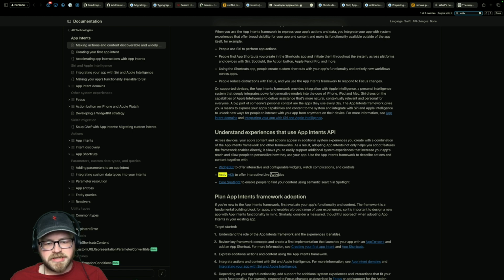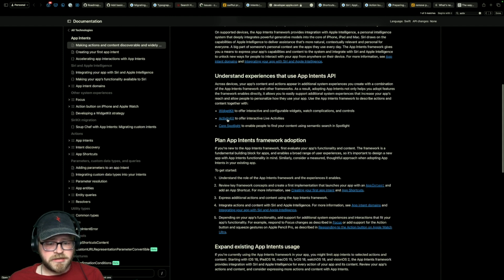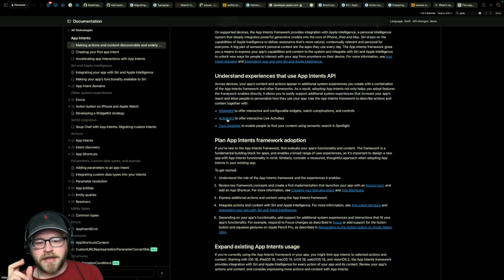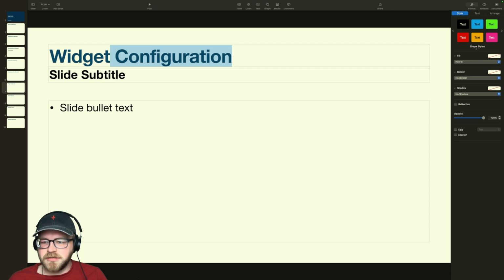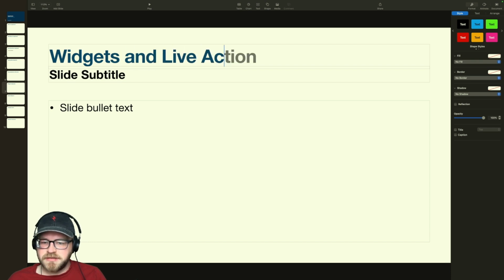Oh, understand experiences that use... Okay, ActivityKit. There it is right there. Never mind, I'm bad at reading. ActivityKit to offer interactive live activity. Okay, so the interactive live activity. Oh, yeah. Okay, so widget configuration. Here, we're just going to call this one widgets and live activities. That's what it is. Okay.